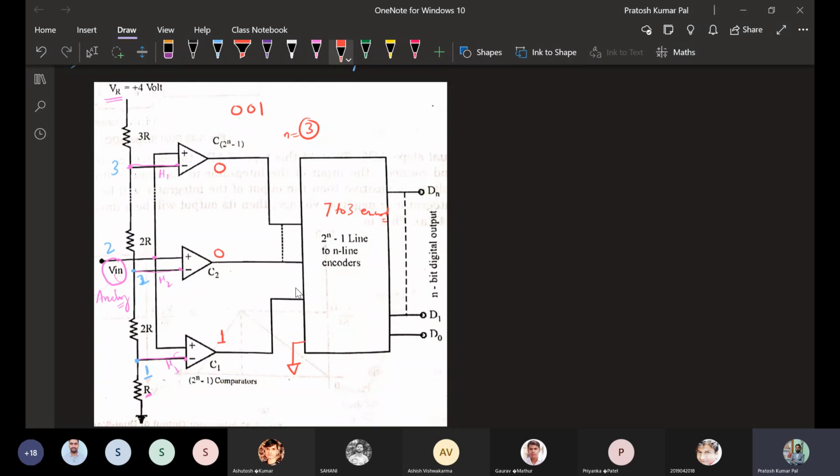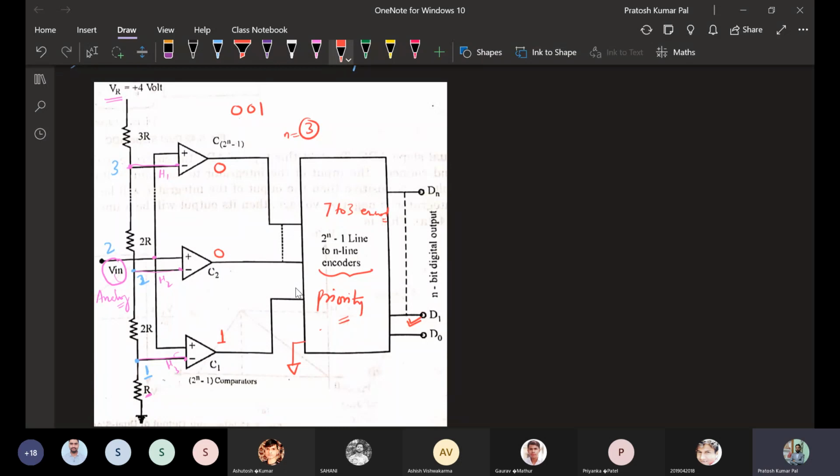So with respect to the 001, the bit that needs to be activated is the first one. D0 is there, D1 will be activated. So this will be activated. Okay, so this is how it will give you the conversion. All the bits will be 000 and this will be 1. So based on the comparison, basically this is an encoder, or we call it a priority encoder.